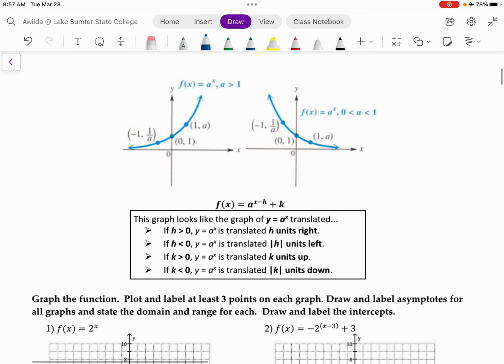Now here are some generic examples of exponential functions. The one on the left has a base greater than 1. Therefore, we see that the graph increases from left to right. The second graph has a base that is between 0 and 1, and therefore we see that the graph is decreasing. You see that in either case, the point (0, 1) is a y-intercept. And then you have two additional guiding points that are easy to obtain, (1, a) and (-1, 1/a)